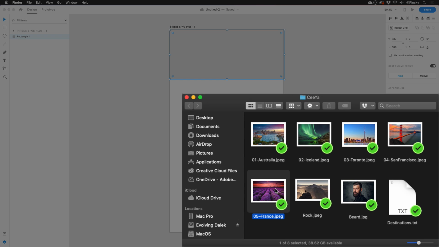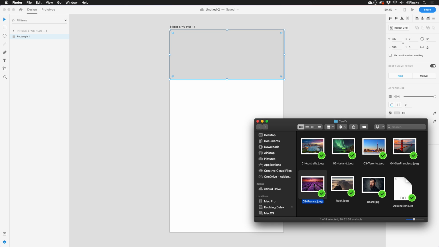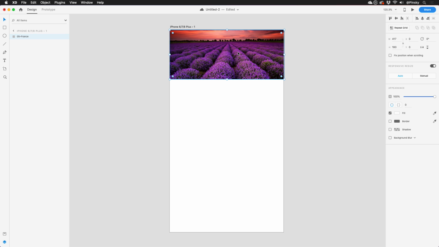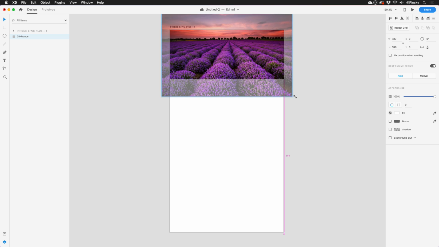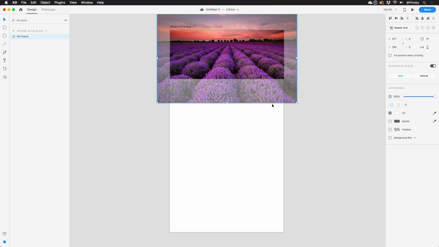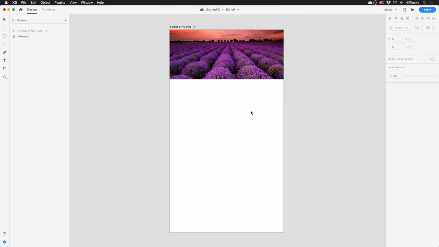Hopping into Finder, I have an image that would look great for this header. As I drag it into XD and over top of a shape, it'll highlight in blue to tell me that it can be placed within it. And when I let go, it becomes masked. You know what? I think I might want to adjust it a touch. Double-clicking on the shape will let me move and scale the image, and clicking outside will reapply the mask.